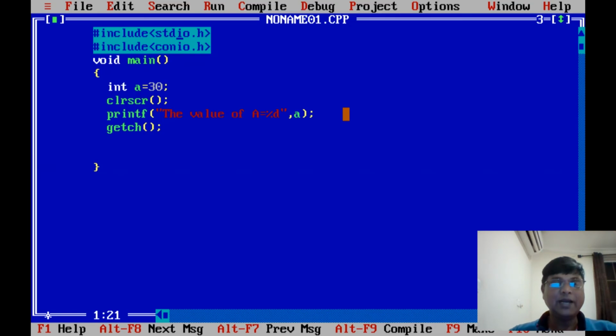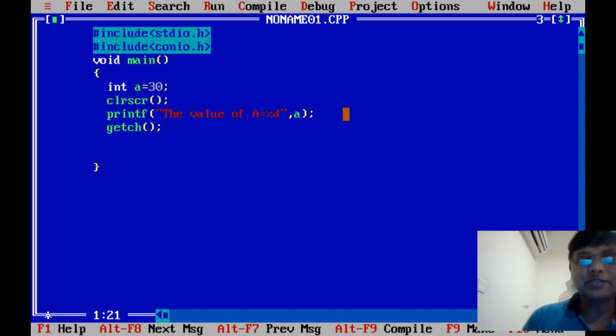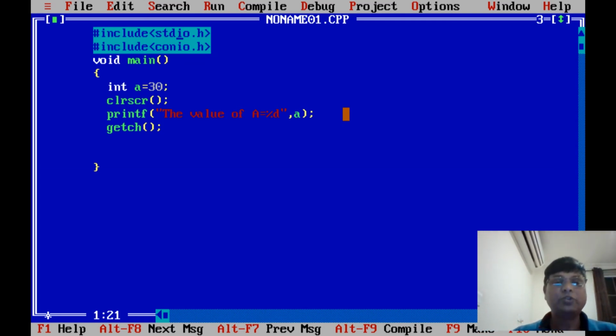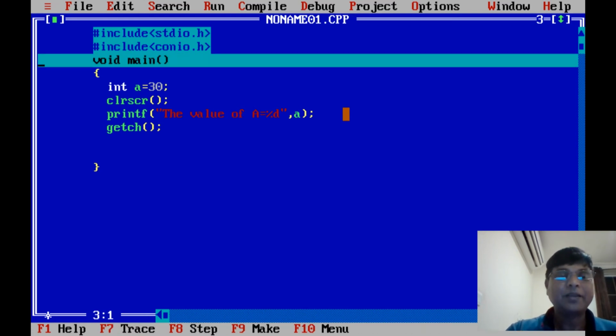Okay, so let's see how the compiler actually works on this program, and how memory is assigned. I am going to show you the debug mode, also called paper tracing. If you use debug mode, you can understand very well how the compiler executes line by line, like an interpreter. For that you have to press the F7 key. I press F7 and it starts.